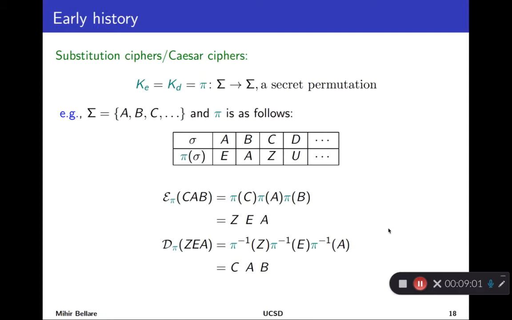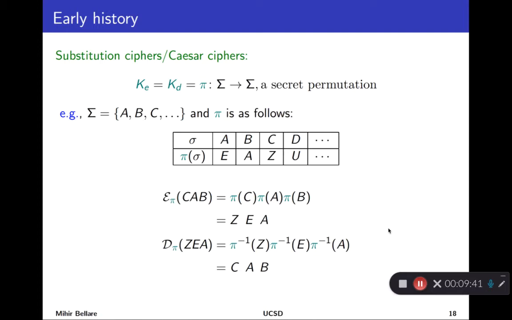The sender and receiver, Alice and Bob, have this key, and now we want to start encrypting. The encryption function takes the key and the text you want to encrypt. The key appears as a subscript, so it's pi. Let's say your text is a three-letter word, CAB. Encryption is performed in a natural, simple way. You apply the permutation to each letter, so you encrypt each letter separately. You get pi of C, pi of A, pi of B. You look up the table. Those are Z and E and A respectively, and so the ciphertext sent across the wire is ZEA. To the adversary, hopefully, that looks like gibberish.